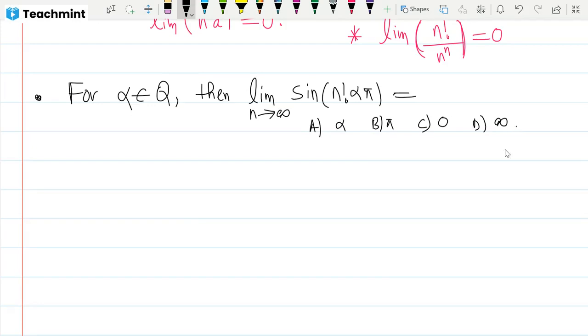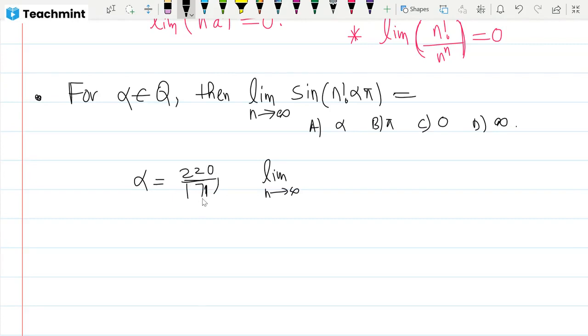Your guess is almost correct. So suppose I take alpha equals say 22 by 7, then what happens? Now it is nothing but 3.154. Alpha is any real number of your choice.